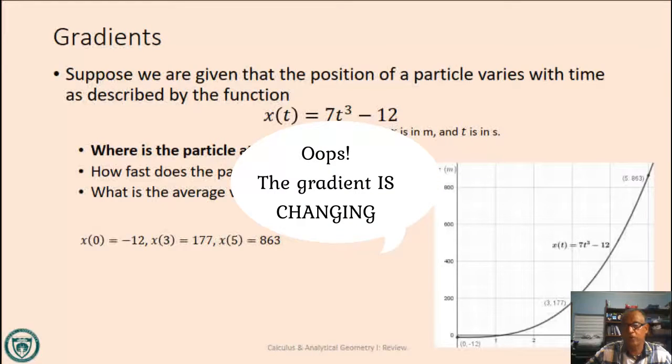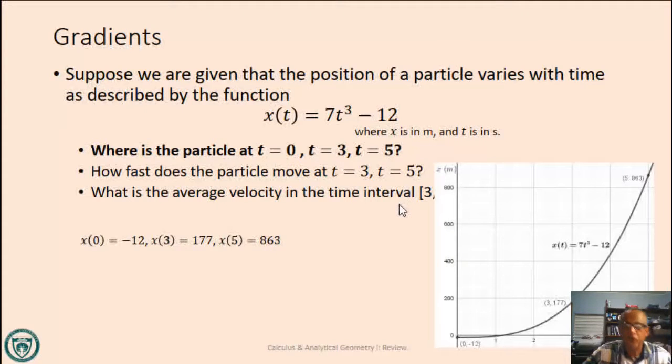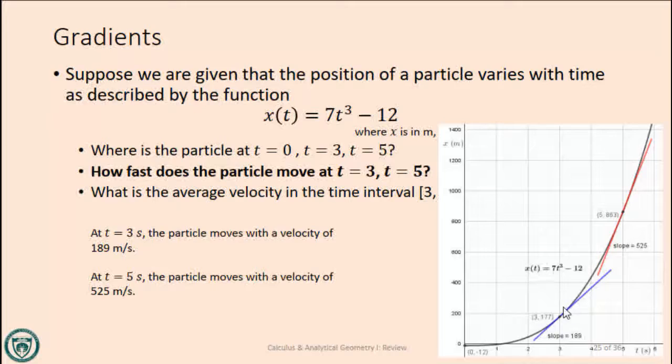So the question now becomes, how fast is this particle moving at time equal 3 and time equal 5? The important thing here is that you know that what you need to do is find the gradient here. So first you need to know what you need to do, and then you need to know how to do it. Those are two very important things, but first comes what it is you need to do. And so if you were to draw tangent lines here and find the gradient of these tangent lines, you'd see that at 3 seconds